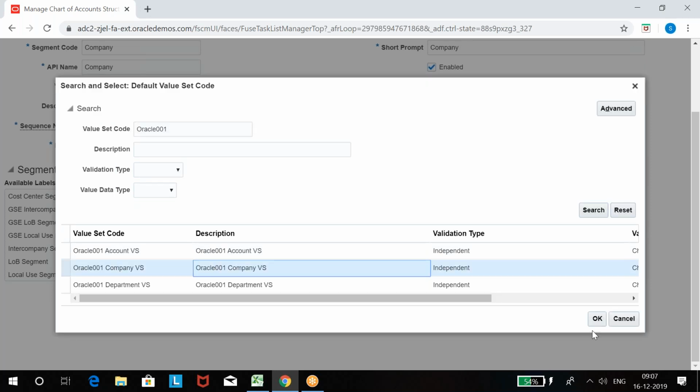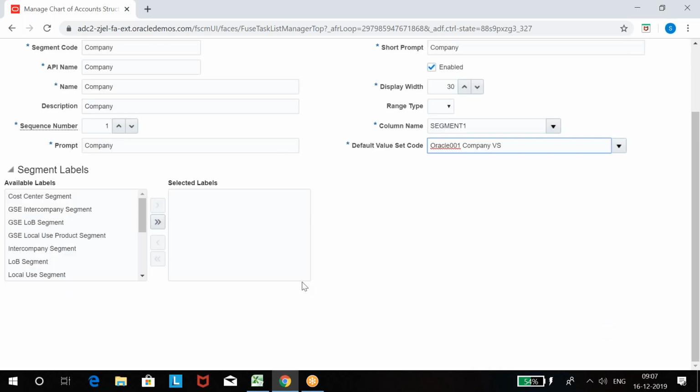I got all three: company. Okay. See, yesterday we discussed chart of account theory. If you remember, I said we take company as a balancing segment, because only at company level do we prepare the trial balance.